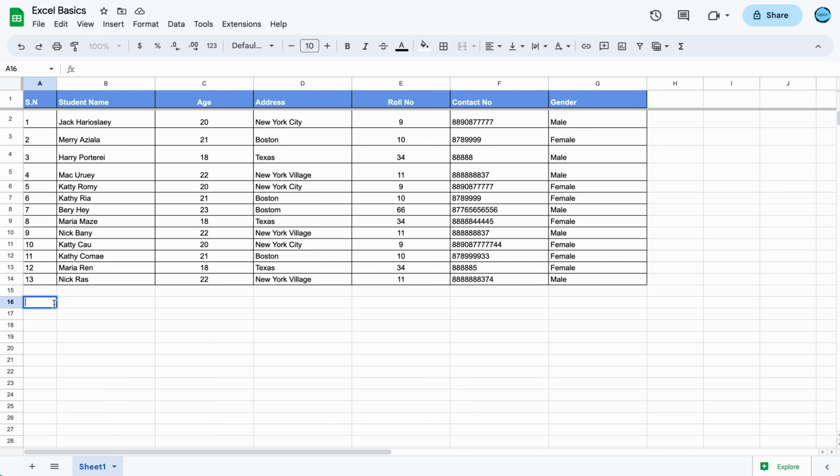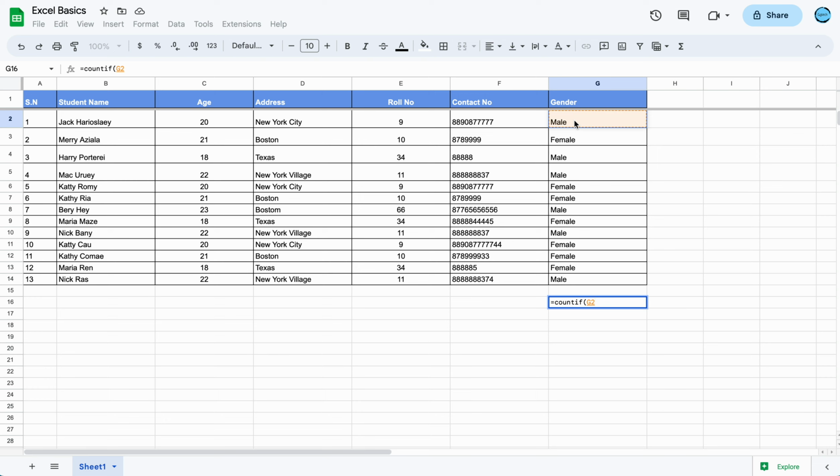Click on any row. Let's say I'm going to do this right below the gender column. Write equals to, and then COUNTIF, open bracket, click on the first value of the gender column,